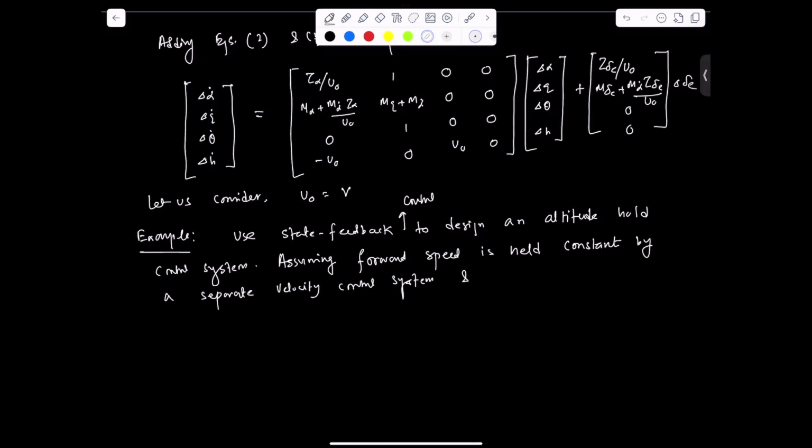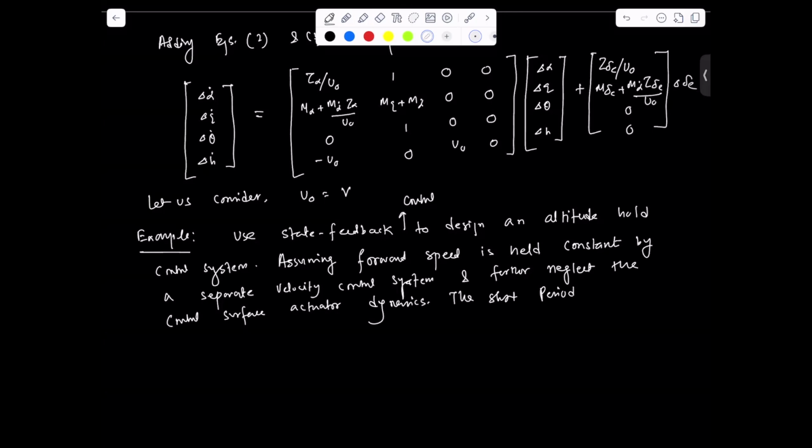And further, neglect the control surface actuator dynamics. Okay. The short period approximation for a particular flight